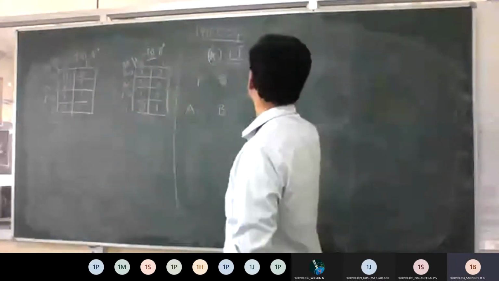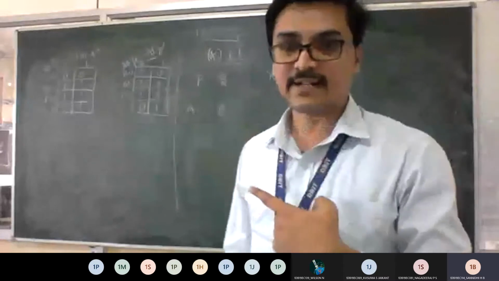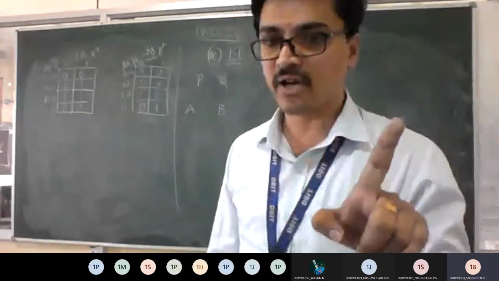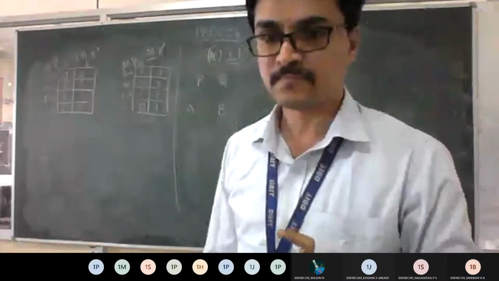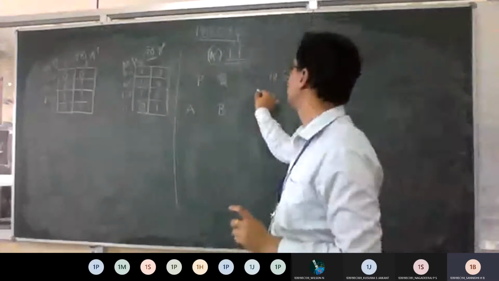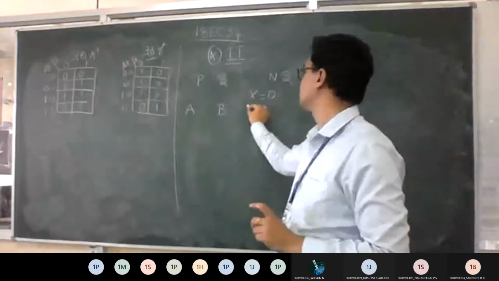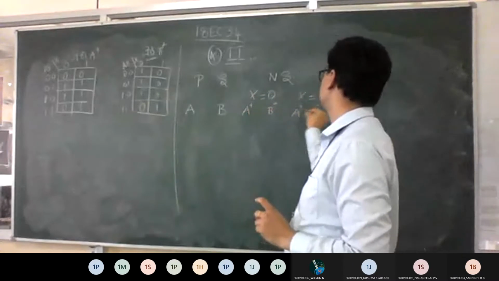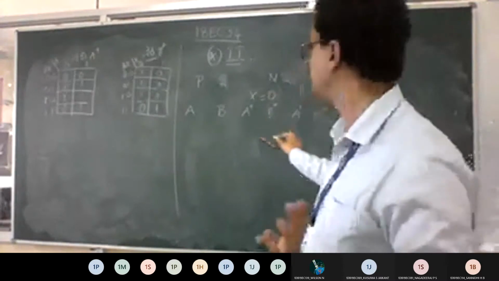What about next state? A plus, B plus. In this next state, you have 2 subcategories. One, x equal to 0. For one, x equals to 1. Agree? Yes, sir. So you need to make 2 separate categories, x equal to 0, x equals to 1. Under this, you will be having A plus, B plus, A plus, B plus. Understood the table, everyone?